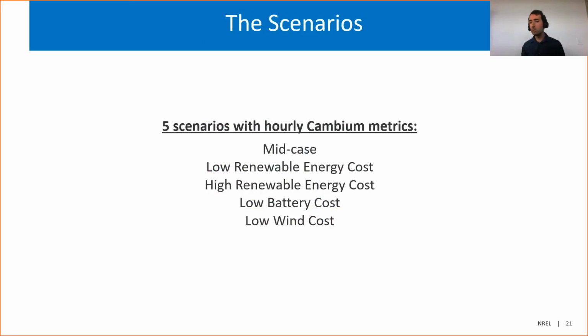It's by no means an exhaustive description of what the future power sector could look like, but it does cover a very good range of different renewable penetrations and behaviors of the grid under different types of penetrations of variable renewable resources. So this is what we have right now. There's going to be a lot of debate about specifically what Cambium scenarios we produce in future data releases. So this will probably be expanded at some point, but right now these are the things you can download.